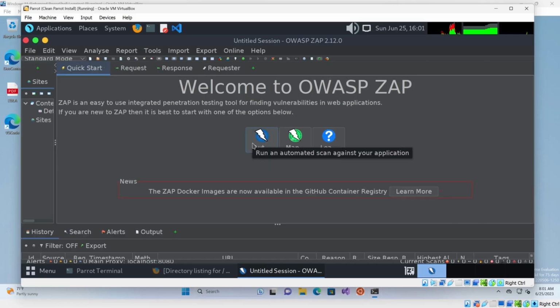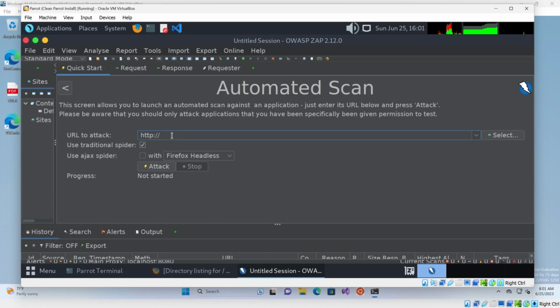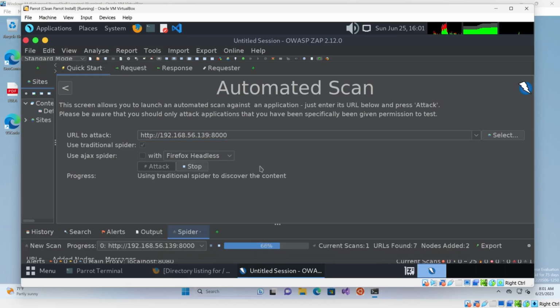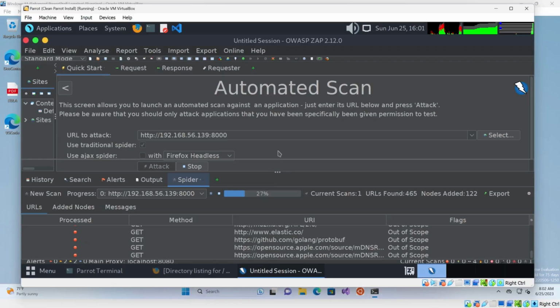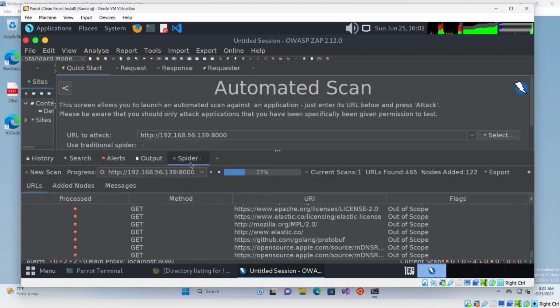So what we can do here is run an automated scan, and we're going to type in our IP address and port right here. We can click attack. You can see it's trying to do some spidering to get a feel for the file